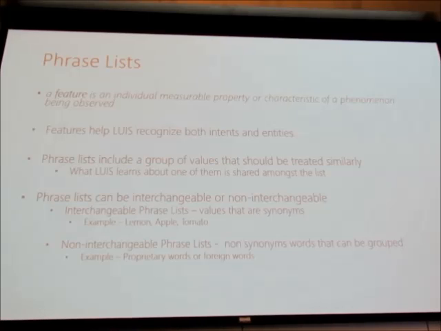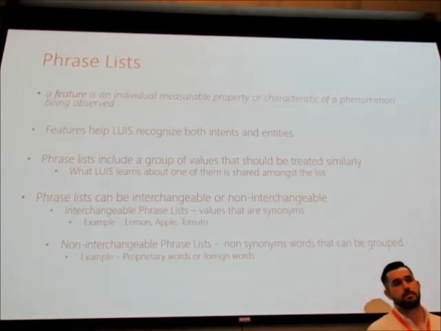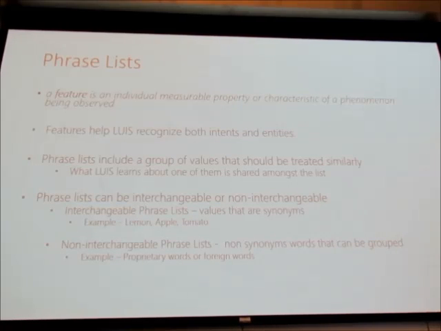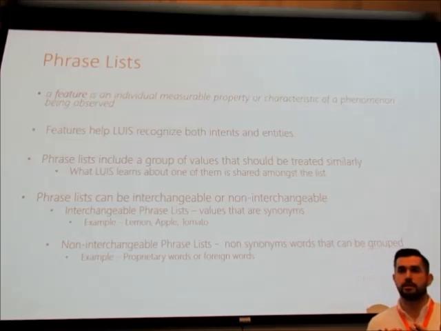The second one is a phrase list, and for the machine learning folks, this is basically LUIS's version of a feature, where you provide extra information. Now, a feature and a phrase list, they're not entities, these are not intents, these are not entities, but these are like suggestive hints. You're pretty much telling LUIS, hey, there's some similarity between these words, and I want you to apply what you learned about any one of these words to all of them together. You're kind of helping LUIS to understand.